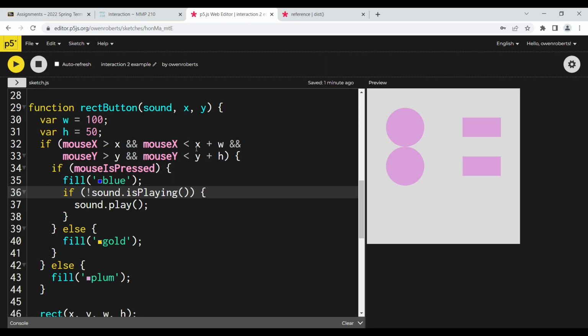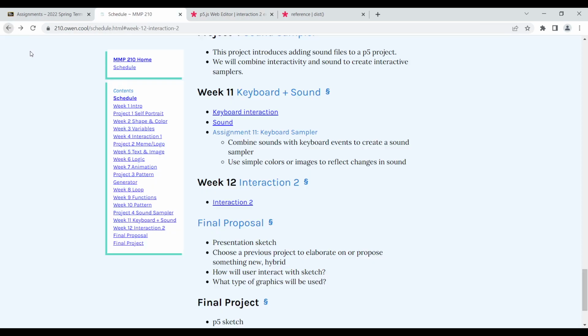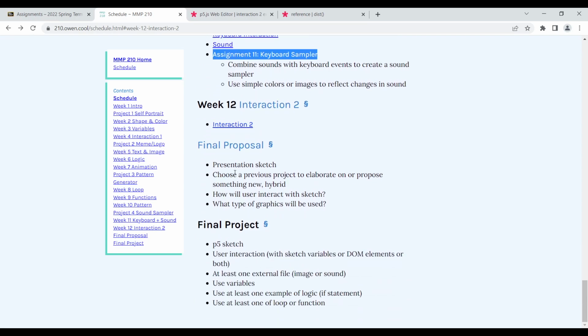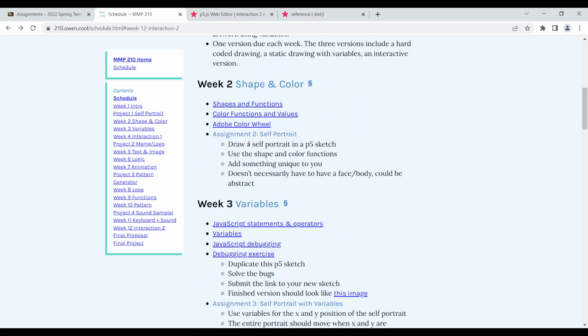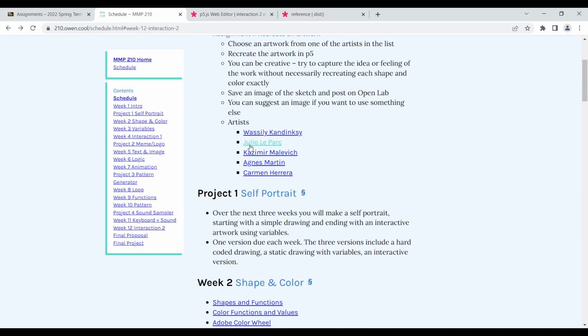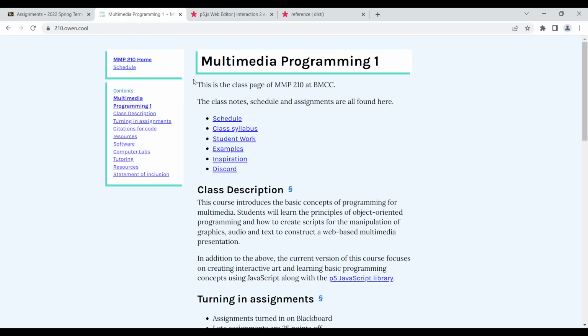So you can continue working on the assignment from last week if you're not done with it, the keyboard sampler. If you're done with that, you can start thinking about the final project. Just come up with different ideas. Make sure, if you're not sure what you want to do, go back and look at the projects you've worked on so far and see if there's one that you'd like to continue working on and add some more stuff to. You can also take a look at